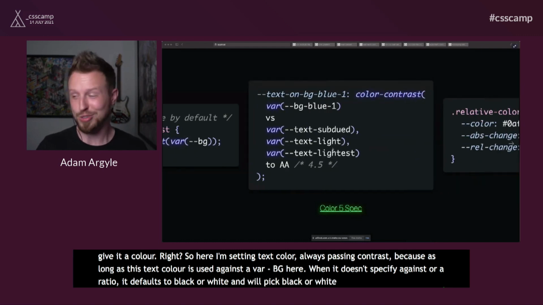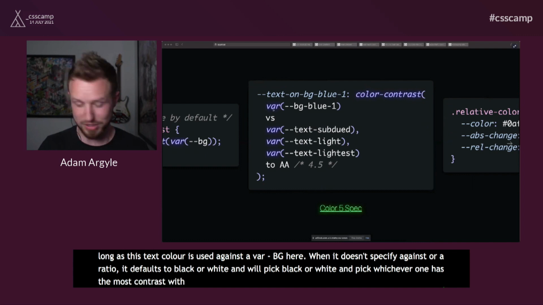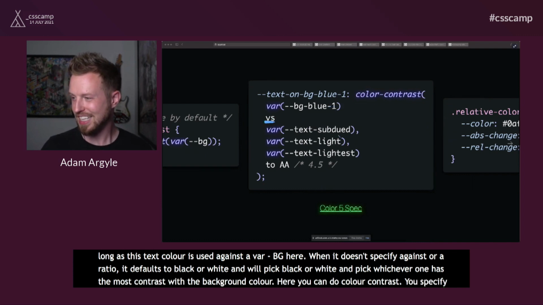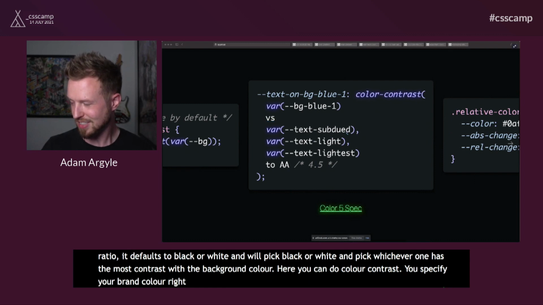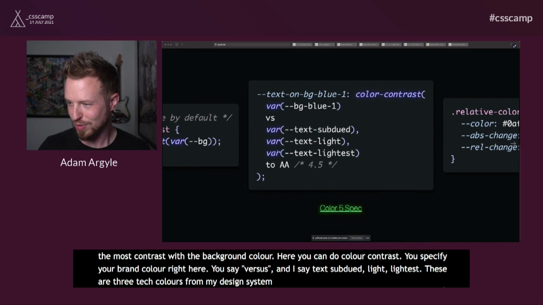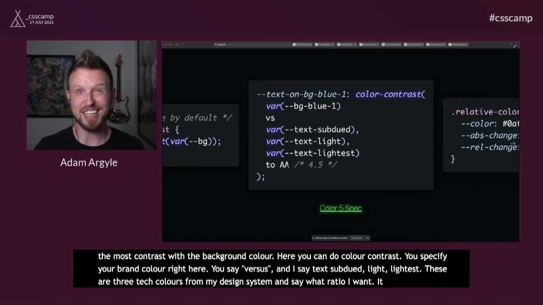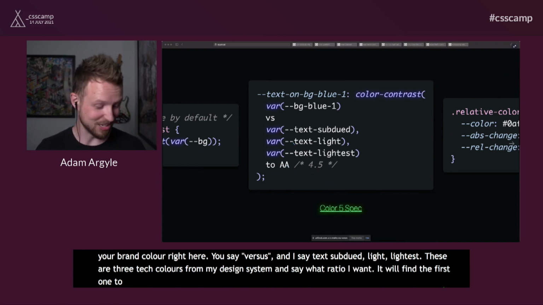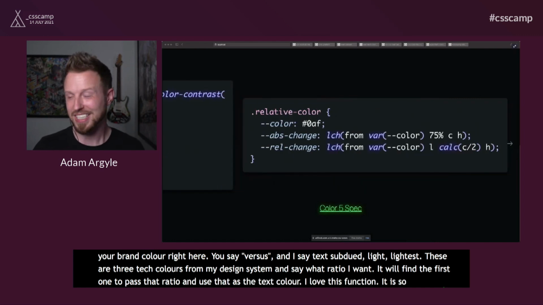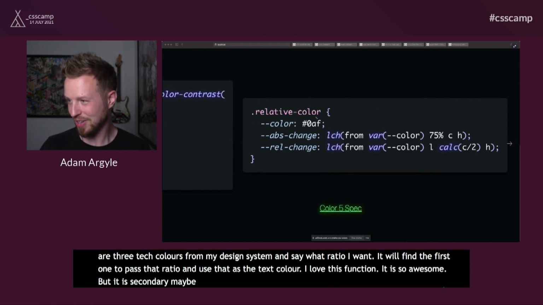And it gets even sweeter. So here you can do color contrast. You specify your brand color. Right here, you say versus, and then you give it a comma delimited list. I said text subdued, text light, text lightest. These are like three different text colors from my design system. And then I say what ratio I want. And it will go find the first one to pass that ratio and use that as the text color. And I just love this function. It's so awesome. But it's secondary maybe to this one, which is the relative adjust syntax for color in